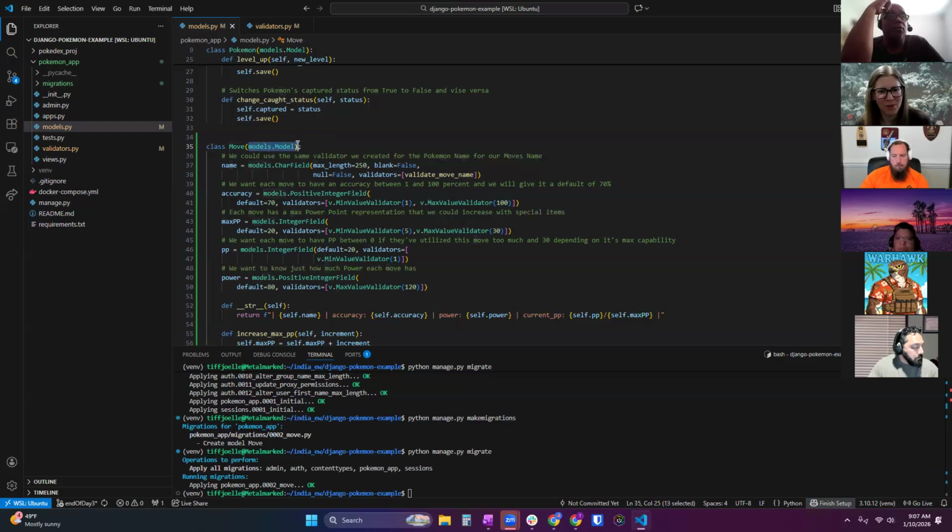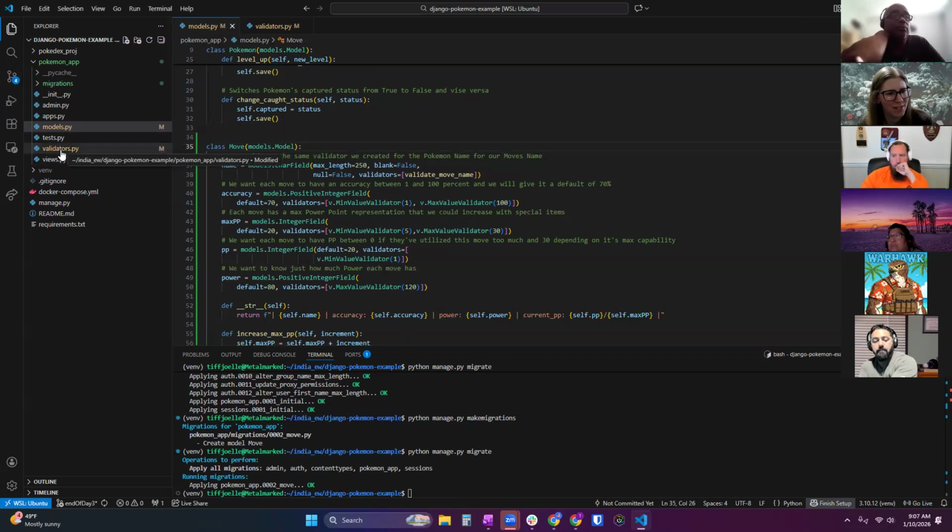Yes, so it knows it's a model, number one, based on where we place it in this models.py file. It's set up to know that this is where we are doing models. The same way, when we have validators, it knows that anything placed in here is going to be a validator, and tests, et cetera. So first, it's by the name of the file we're placing it in that it knows it's going to be a model.